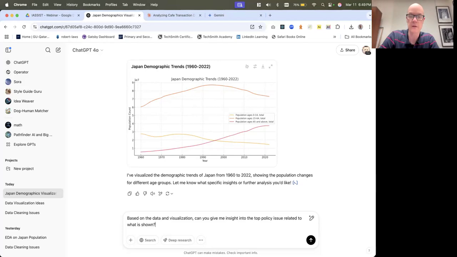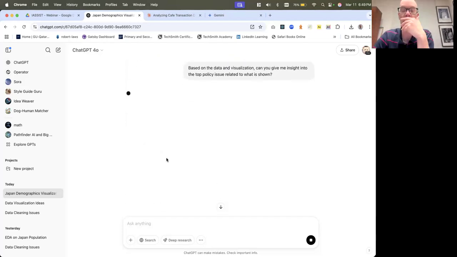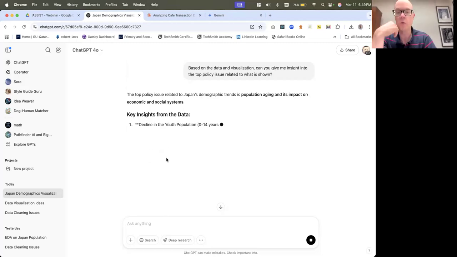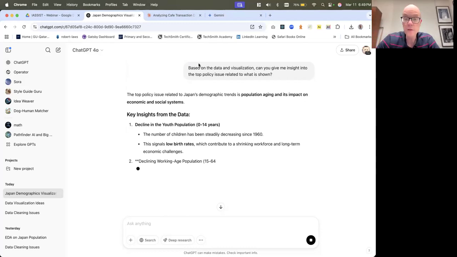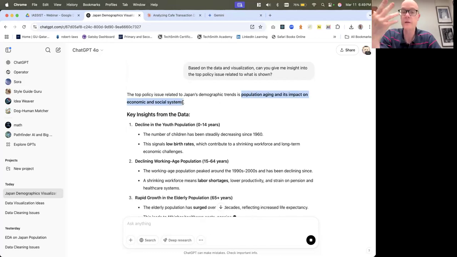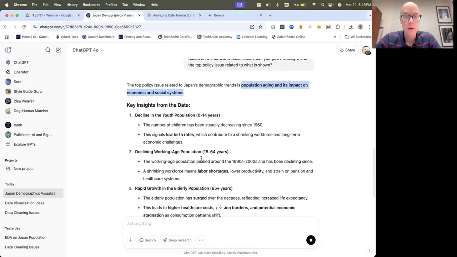That may not be the best prompt, but let's just see what it gives us. Because I want to know, okay, based upon this, what's the biggest thing that you take away from this? Okay, and it's basically demographic trends, population aging, and its impact on economic. So this is basically, based upon the data and the visualization, the key thing it wants to analyze or to think about.